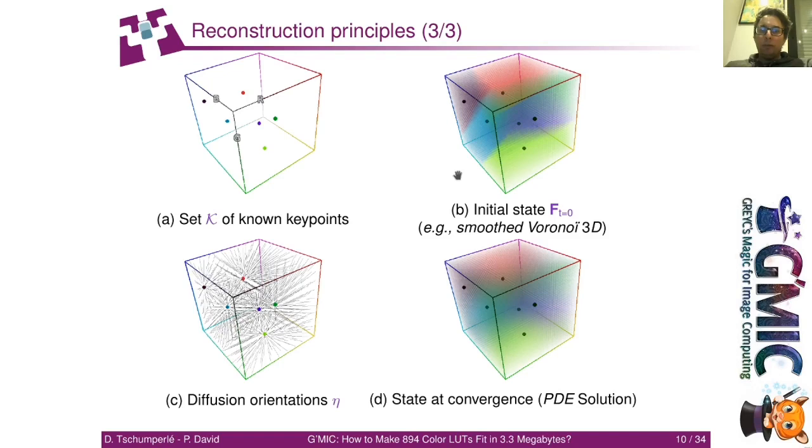After that, we apply our anisotropic diffusion equation and obtain a steady-state solution after a few iterations. That is the reconstructed CLUT. If your initial estimate is close enough to the steady-state solution, which is the case here, then you'll need fewer iterations to converge. But in the end, choosing a different initial estimate does not change the result much. You can start from a cube that is almost zero everywhere, and you'll get the same result, as long as you wait enough for the diffusion process to propagate your key points' colors over the whole cube, of course. That will just take much longer to converge.